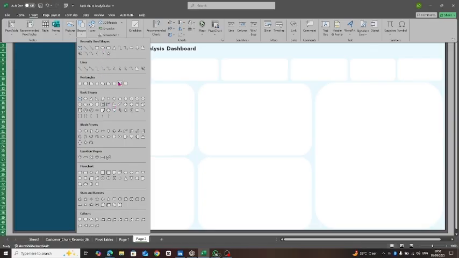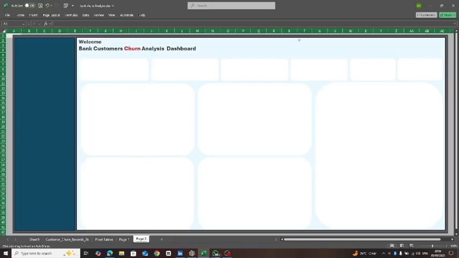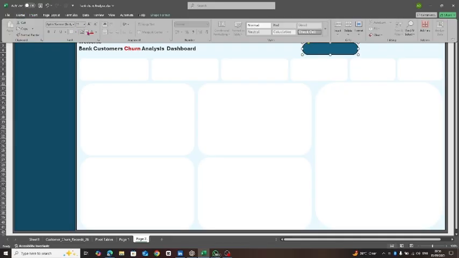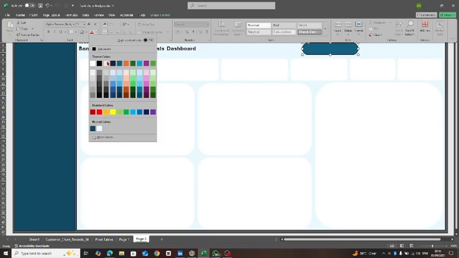So this is me inserting another shape. Okay, just to basically decorate my wireframe, my dashboard. Okay, so I'm going to choose another shape now. So this particular shape is going to have search and then settings. It's just basically giving your dashboard that professional touch, okay. I'm going to adjust the shape now because I want it to have a really curvy corner. So now I want to change the fill color. I'm going to change it to a really lighter hash, or let's say gray. Okay.